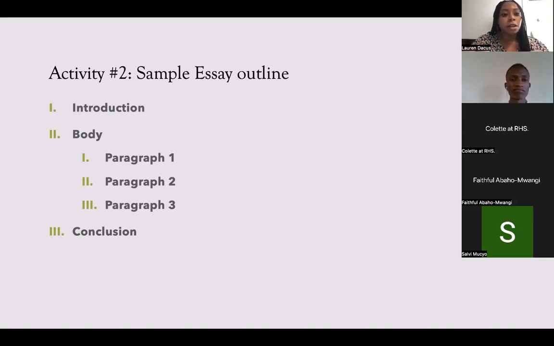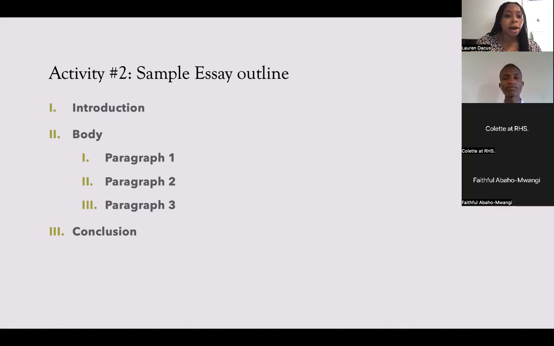Under the introduction, you're going to tell us the things that you would like to say. It doesn't have to be the introduction completely, just the things that you would say for the introduction, the main ideas. Then you're going to have the body section. You do not have to do 1, 2, 3 paragraphs, but usually it's easier to tell your essay in a 3-paragraph form for your body. And so for this space, I want you to give 3 main ideas in your body paragraph, and you're just going to share that there.